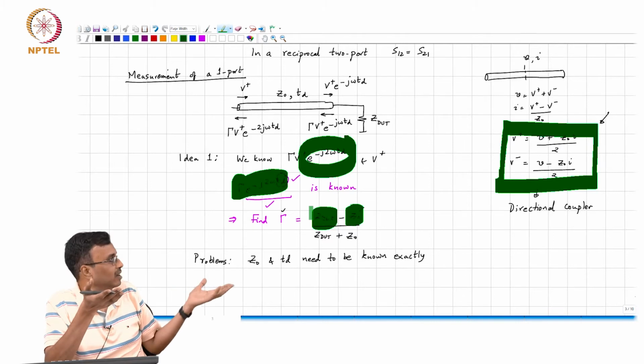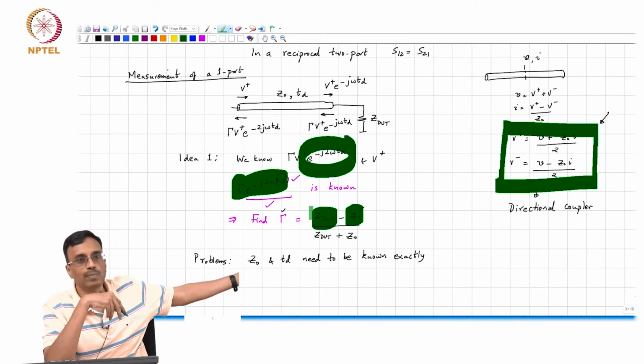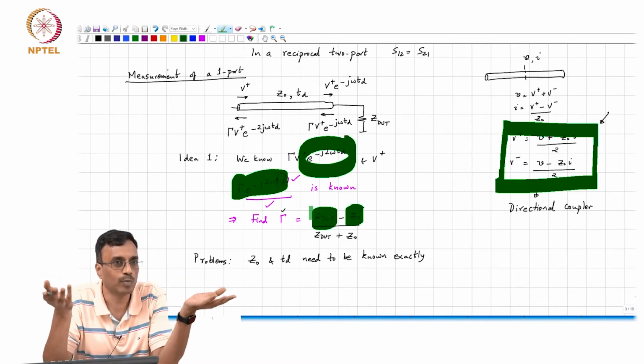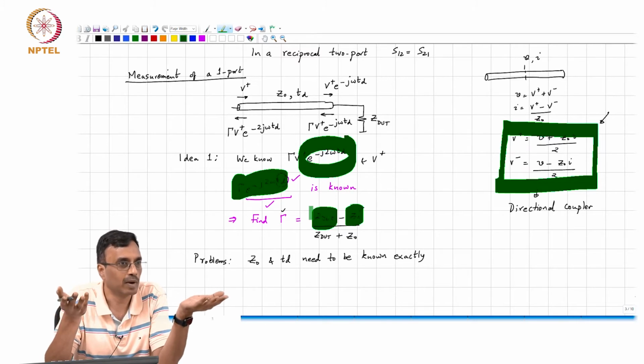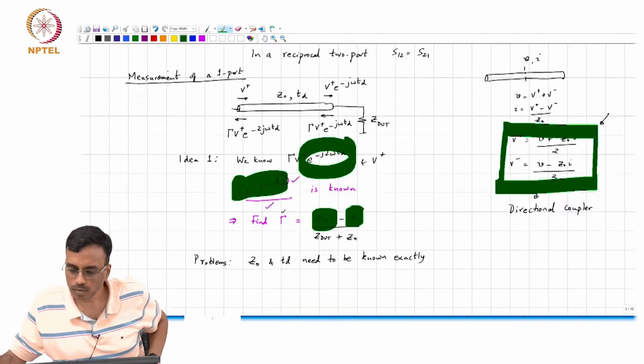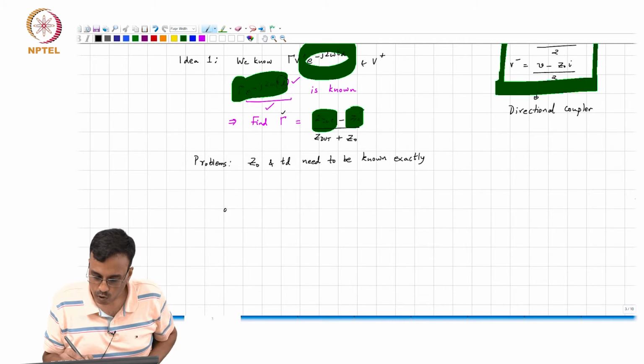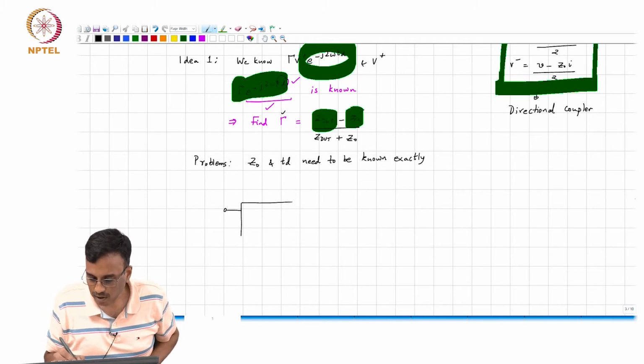It's obviously more complicated than simply plug and play, right? But hey, if you don't know what Z naught is and if you don't know what Td is, be prepared to do some work a little harder. Correct? Okay. So in general, let's look at what we actually have. We have an unknown 2-port between